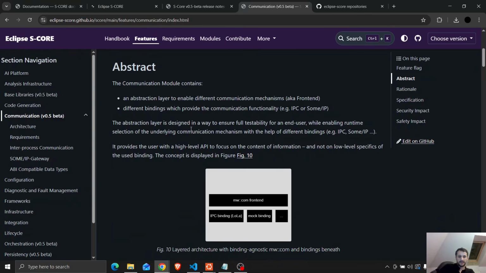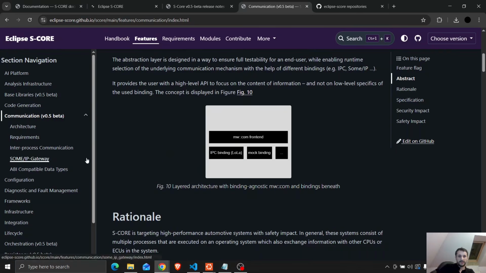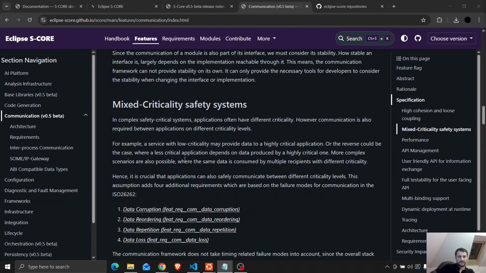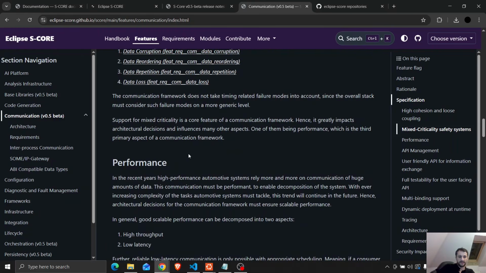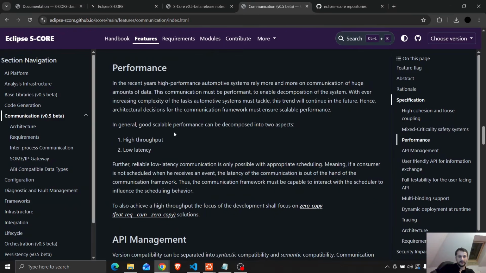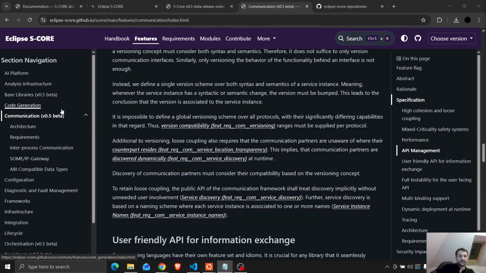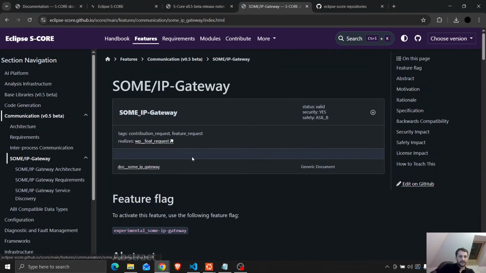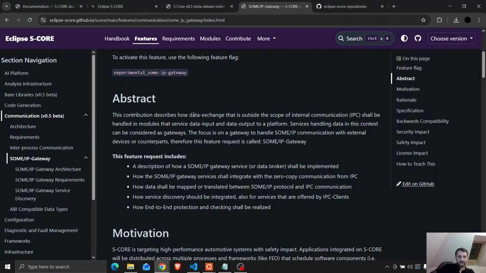One of the most important features is the communication feature. It is realized by the Middleware component and also some IP gateway. It is intended to manage all inter-process communication, so IPC, and also to send some IP data outside of the ECU. It's kind of an ARA::COM equivalent. IPC is designed for mixed critical systems, so it supports both QM and ASIL separation. It offers very high performance and also includes zero copy. If data needs to be sent outside of the ECU, then we have an IP gateway component that is currently in